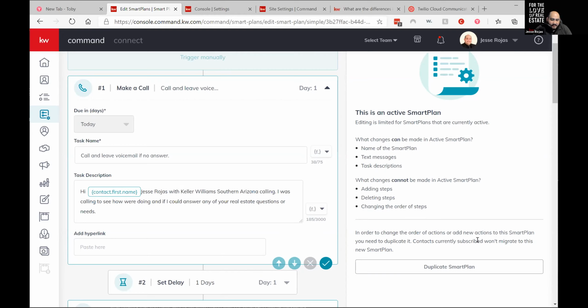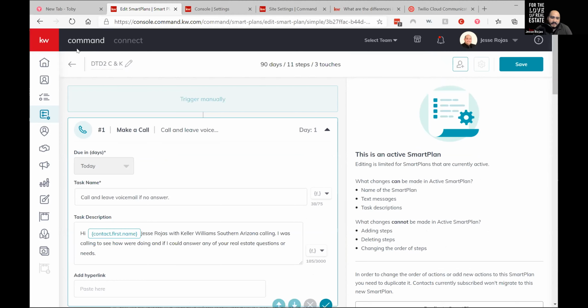In order to change the order of actions or add new actions to the smart plan, you need to duplicate it. Contacts currently subscribed won't migrate to this new plan. So you can duplicate the smart plan, and that'll allow you to make the changes if it's active. The other way to do it is to